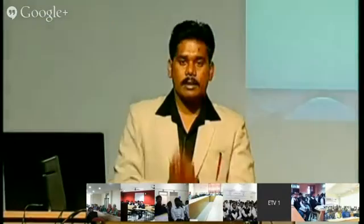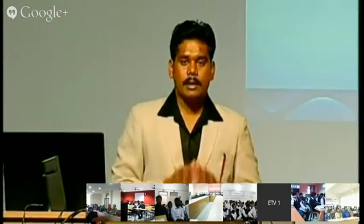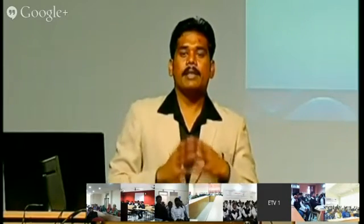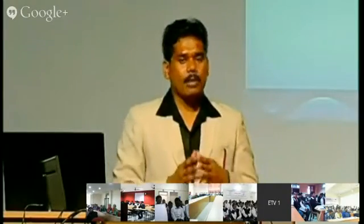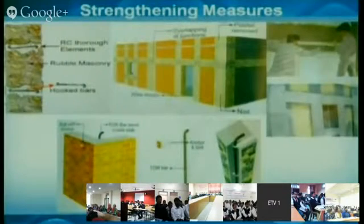Okay, now I have a building, a masonry structure which is not constructed using these kinds of earthquake resistant measures. How do I increase its earthquake resistance? By using some strengthening method, I should increase the earthquake resistance of the building. How to do that? You can see, if it is masonry or